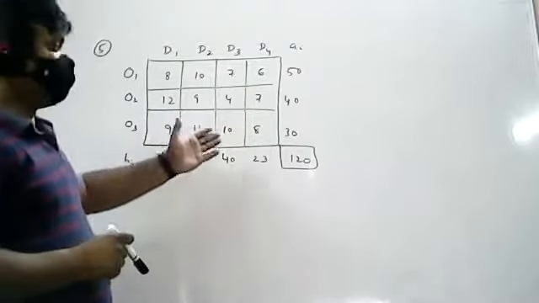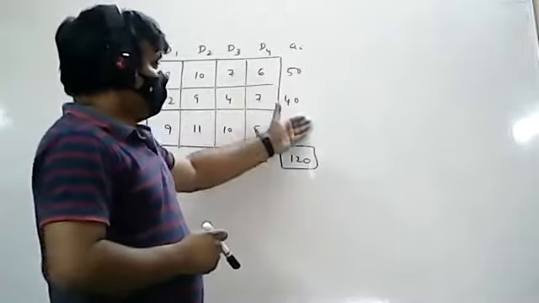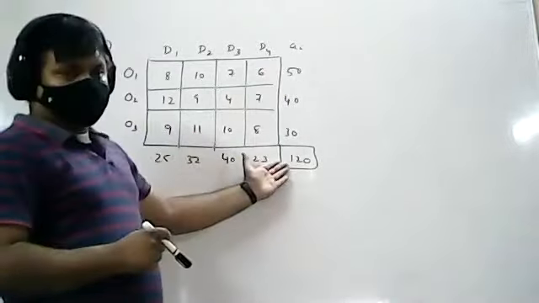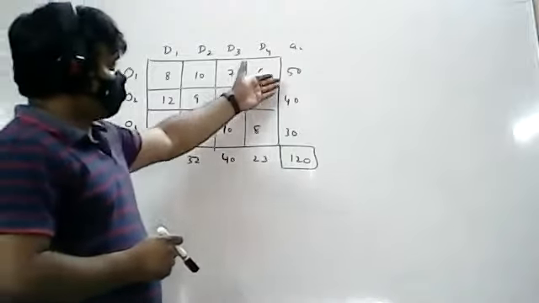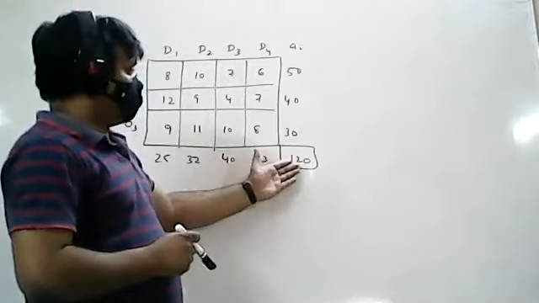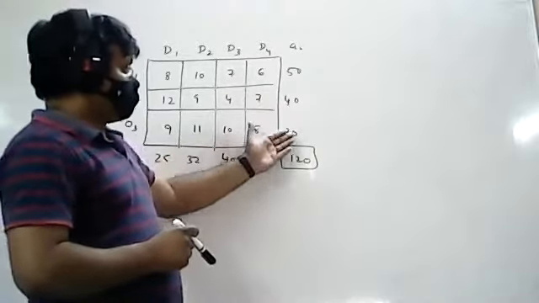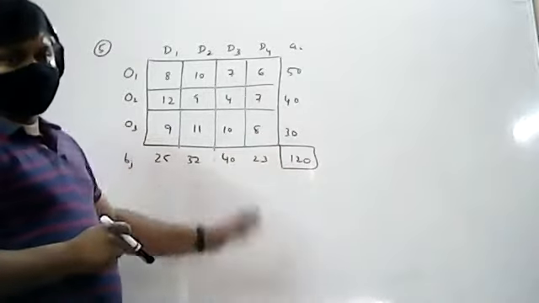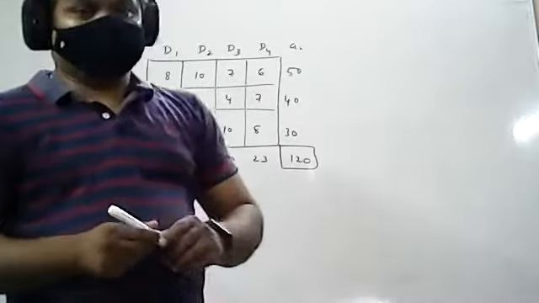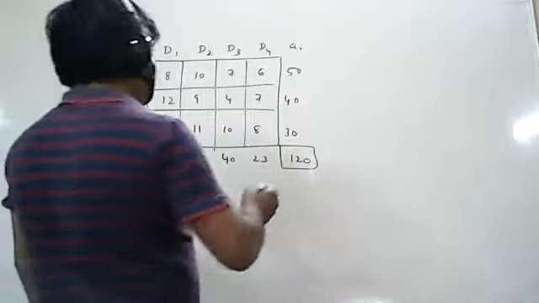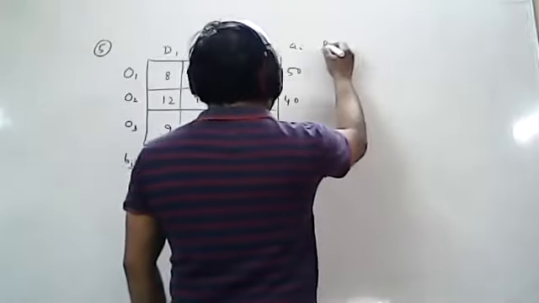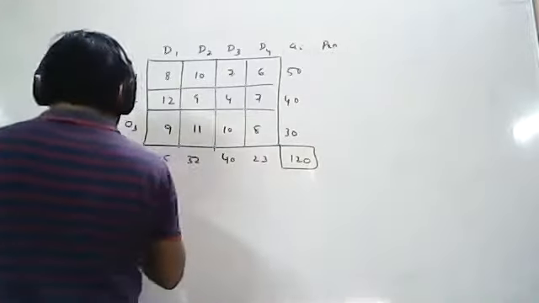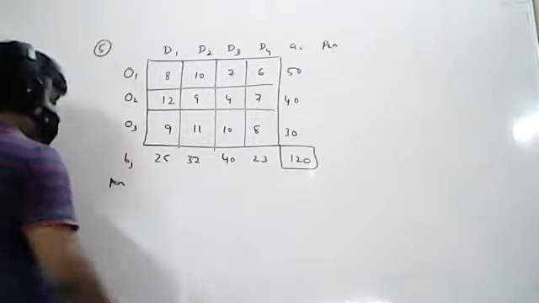If you want to apply the VAM method, first you have to identify whether availability is equivalent to the total demand or not. So in this case, 50, 40, 30, 120, 90 plus 30, 120. If you add this total also, we get 120. So both sides are equal. That means you can apply the VAM method to this particular problem. VAM method means you have to calculate the penalties row side, as well as the penalties column side.